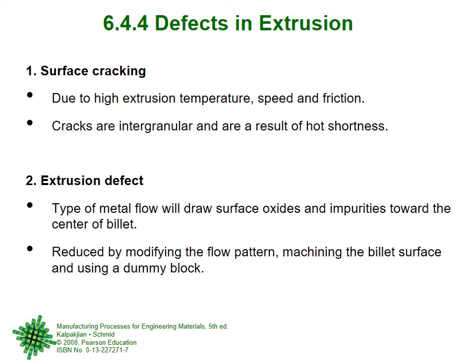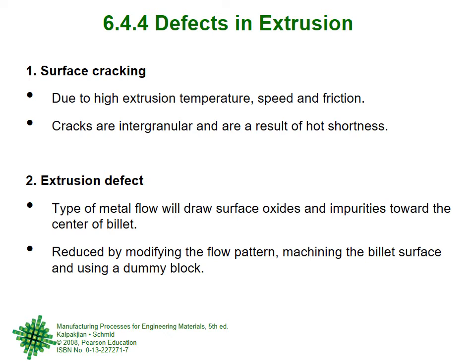When there is very high friction at the container and billet material interface, it is a very mixed up type of flow. It is not very smooth at all. So that is what we are saying, the type of metal flow. If the type of metal flow is such that there is a lot of disturbance, not a laminar flow but very turbulent, then on the joining surface where the billet material and the container are, because of the high temperature, some oxides are being formed.